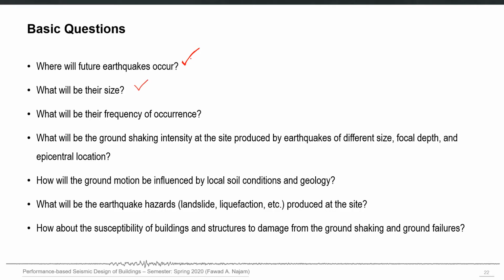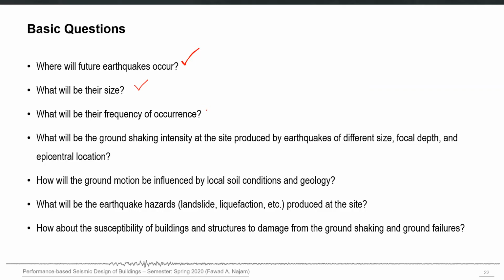Obviously, just answering the question of whether this particular site may experience an earthquake in future is not enough. We also have to forecast their size. The size of earthquakes depends on the properties or characteristics of those faults or plate boundaries. The larger faults may be capable of producing moderate to large magnitude earthquakes, but there can be some faults which are smaller. They may not be able to produce any significant earthquake. So we have to tell about their size also for future earthquakes.